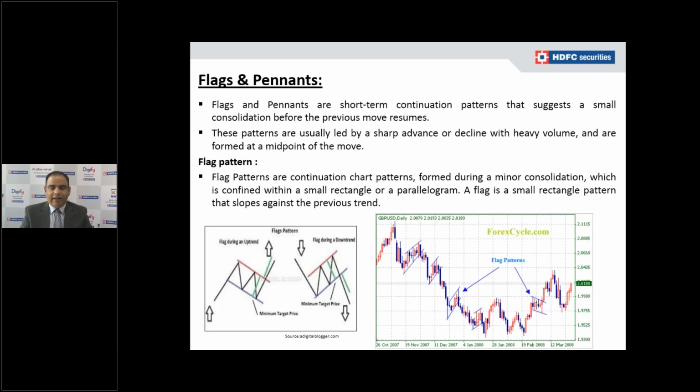Friends, let's move on to the next trend continuation elements, which are flags and pennants. Triangles, wedges, flags, and pennants are similar to each other. They are not different. In a triangle pattern, the confusion level is very high, but in flags it is very small. The characteristics of these patterns are the same for all three.